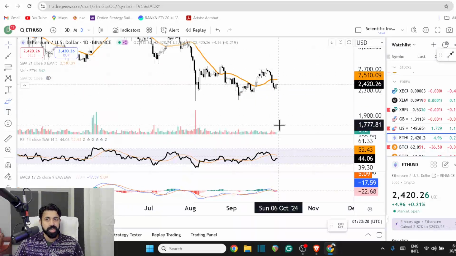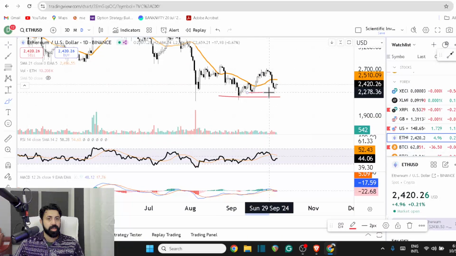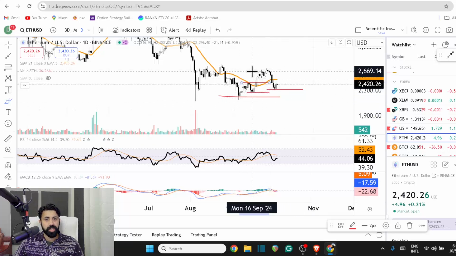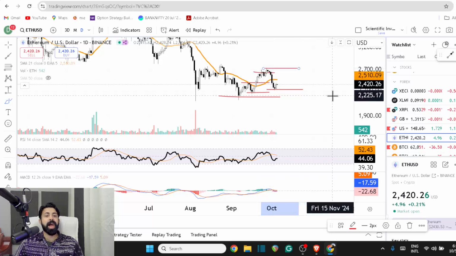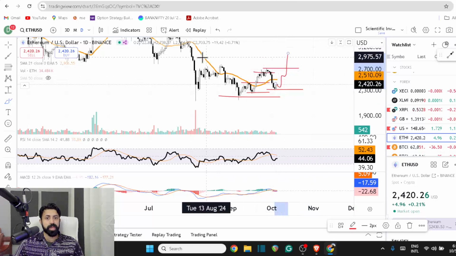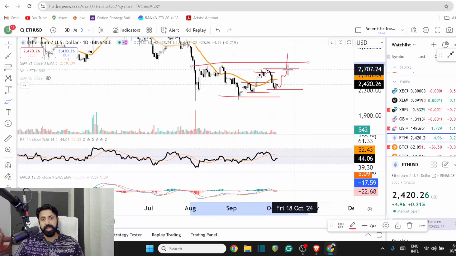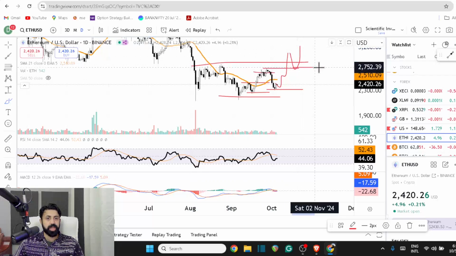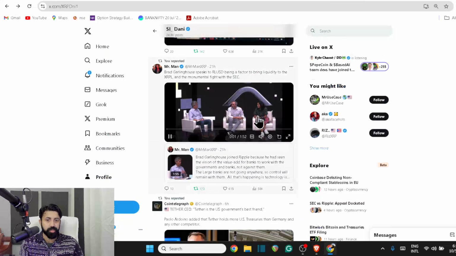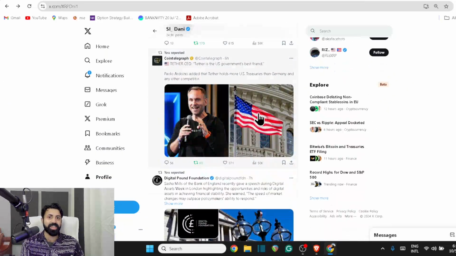You want to make sure that asset didn't put in a lower high. You want to make sure it was putting in a higher high. Because what if the next run up is going to make a new high? And then, yeah, it may drop, putting in another higher low. So the structure is clean. The fundamentals for the market itself and XRP precisely is huge.